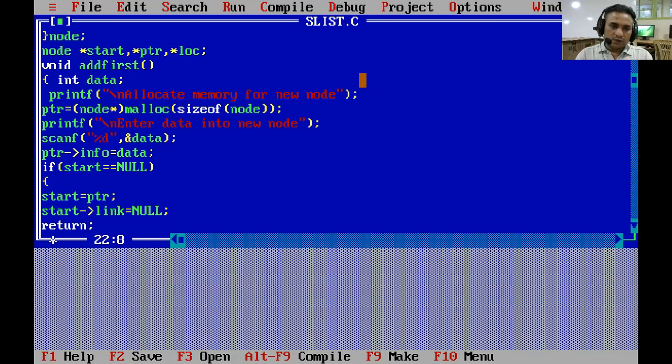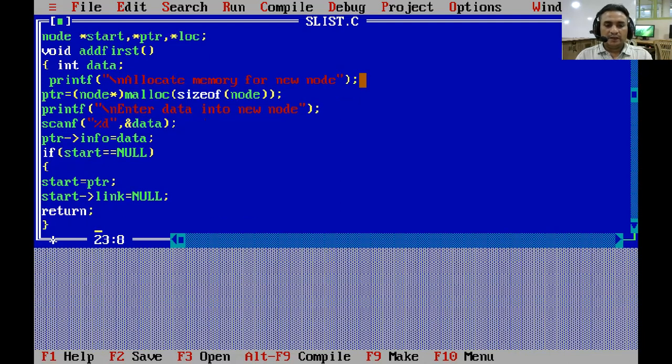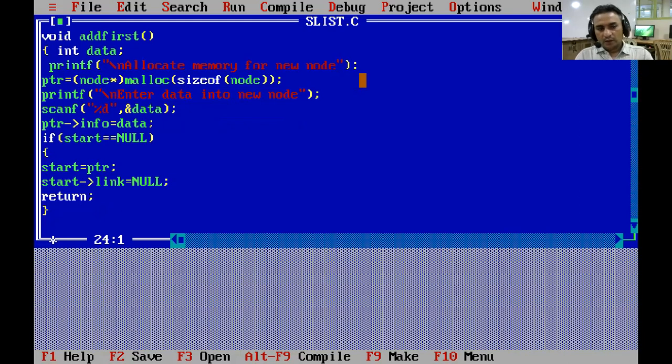So this code will add the first node, a new node at first position, when our linked list is empty. What happens when linked list has some nodes, might be one node or more than one node?